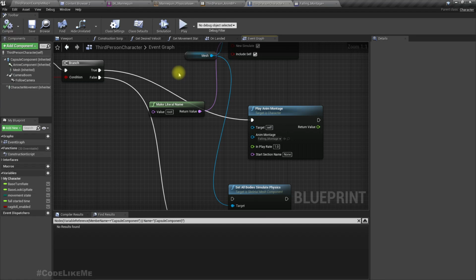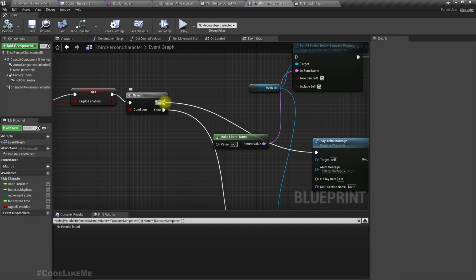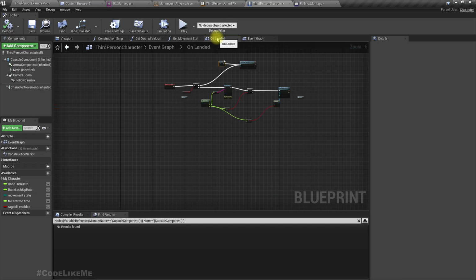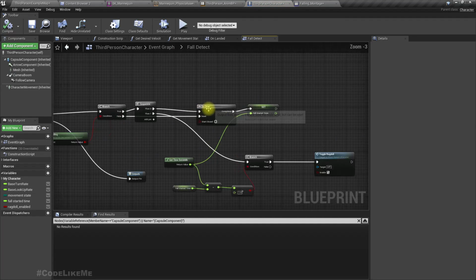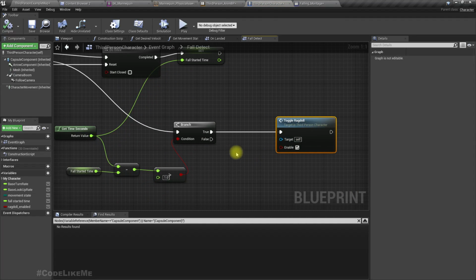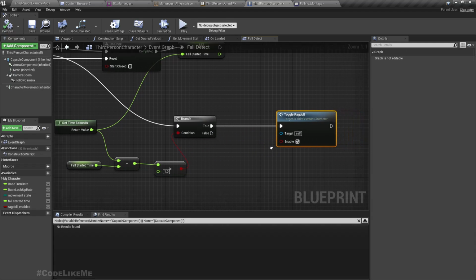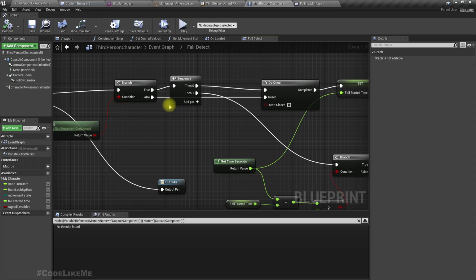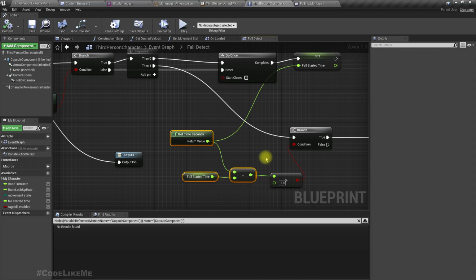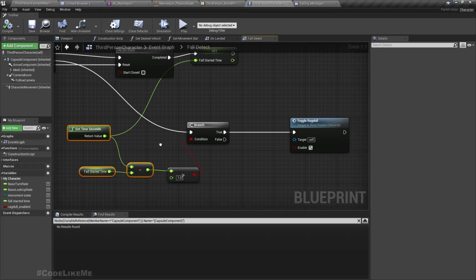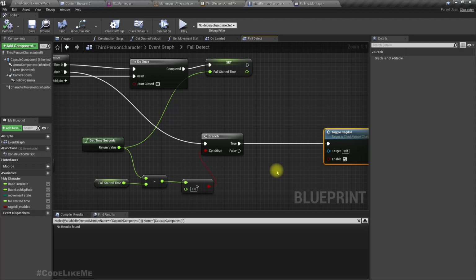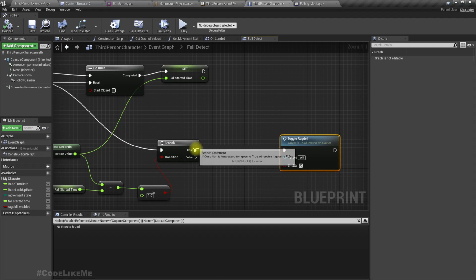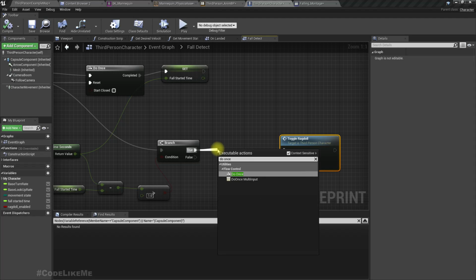Alright, I think I know what happens. So what happens is this part keeps being called, because in the tick I am not calling this only once, I am calling this continuously, because this condition keeps being true as long as I am falling. So therefore here also I'll add once.